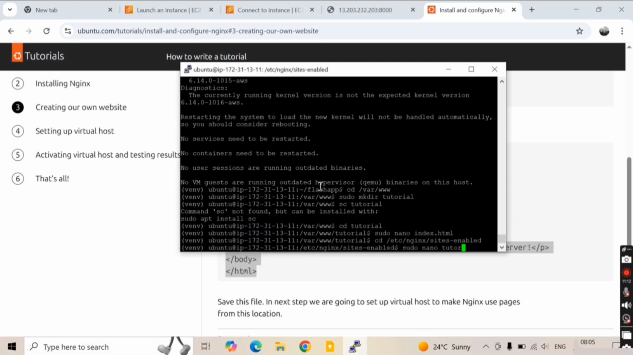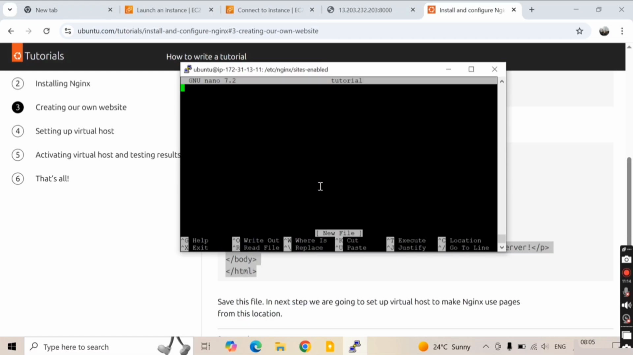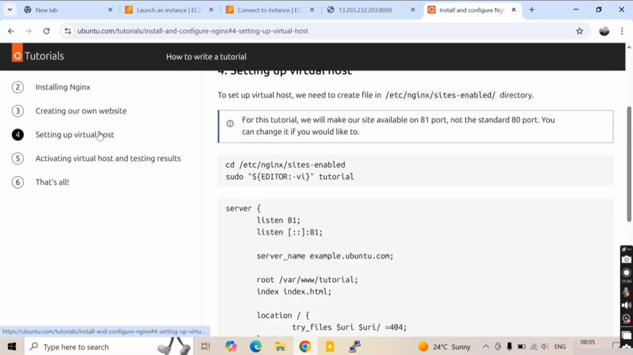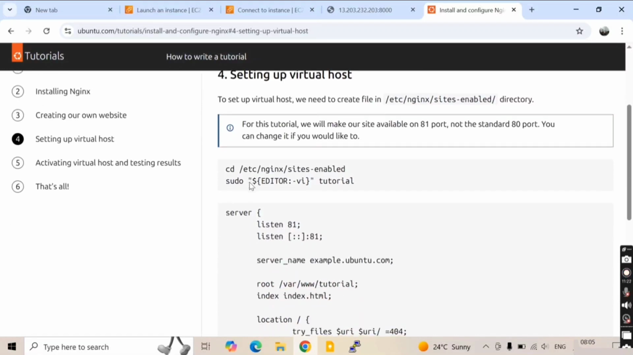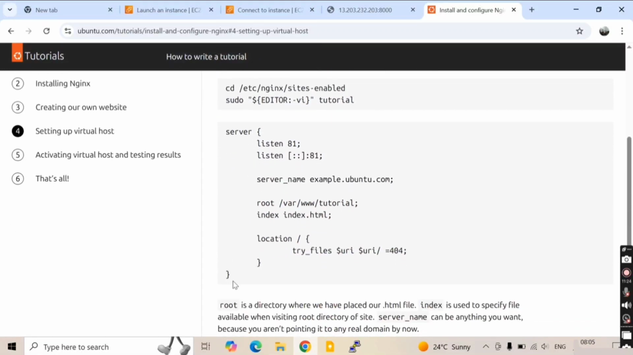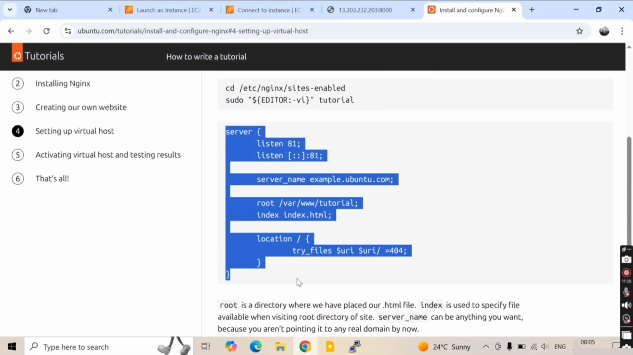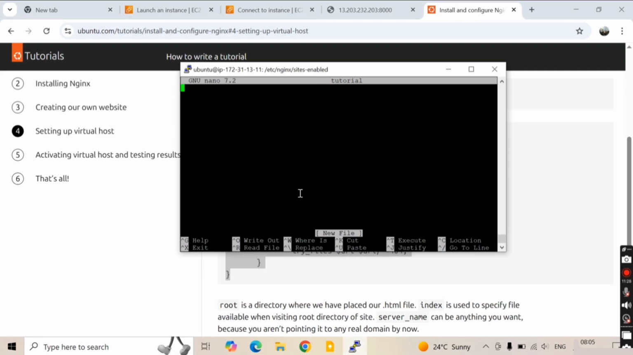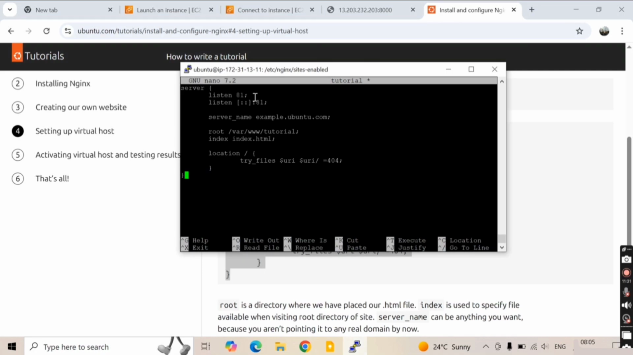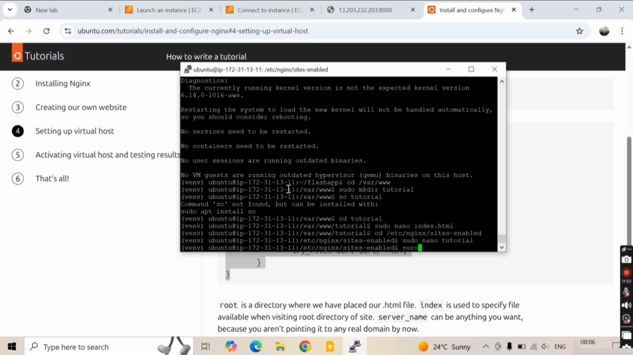This is a new configuration file, and let's write a configuration. It will take time, so let's copy it from the Ubuntu website. I will explain it. This is a server configuration file. It will listen on port 81. Server name is our website name. We can write our website name here, and this is the root, where our HTML file is, at www/tutorial, and this location. After saving this file,